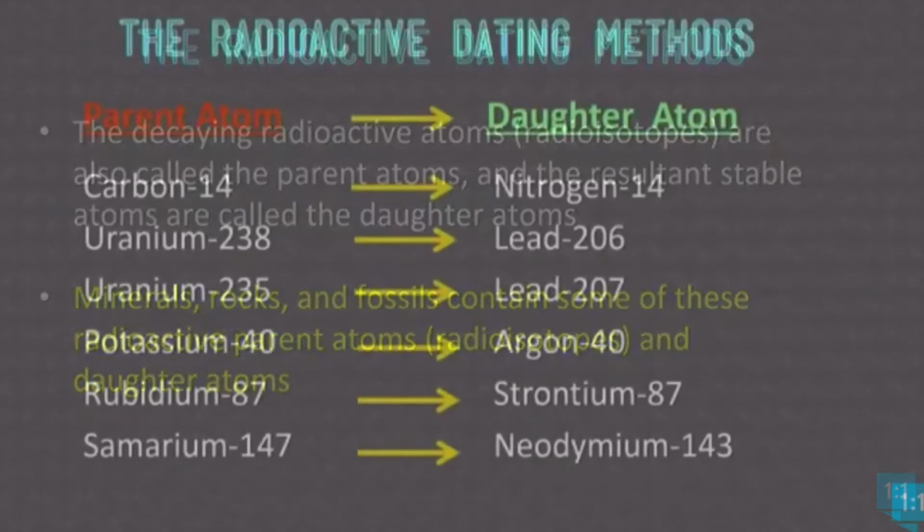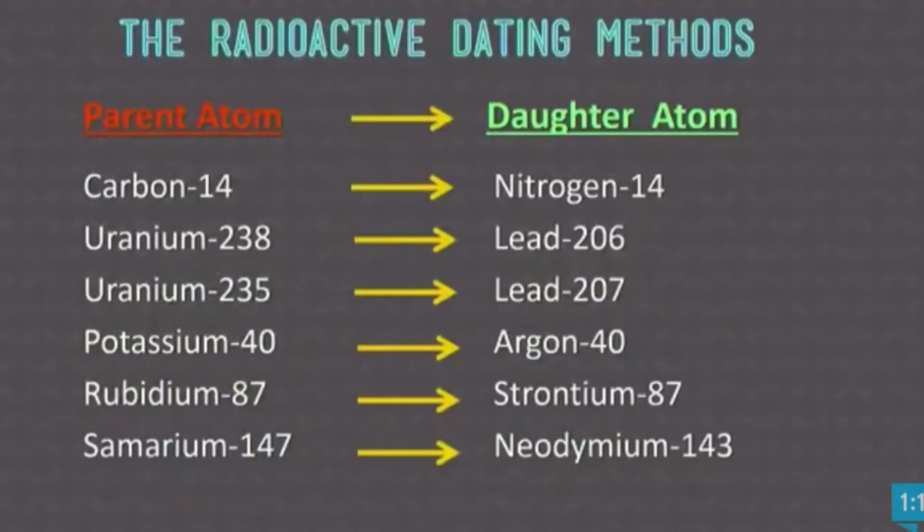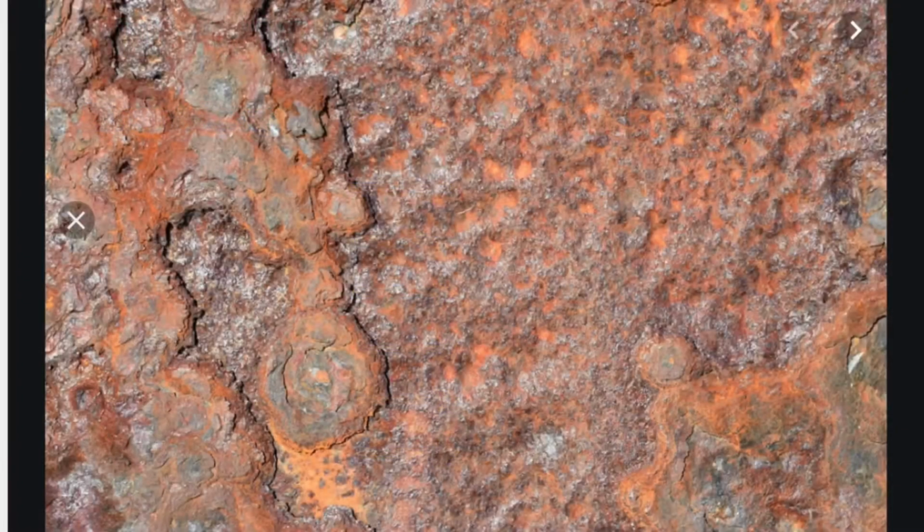Now in this picture, it shows the different material and what it decays into. Now if you take a piece of metal and you want to see how long it's going to take to rust, let's say it takes like 30 years for the metal to rust. I'm not sure how long it takes, but this is just for an example, okay? Now, say it takes that long, and you found another piece of metal that has rusted just as much. Now there are three assumptions that you've made that could be wrong.